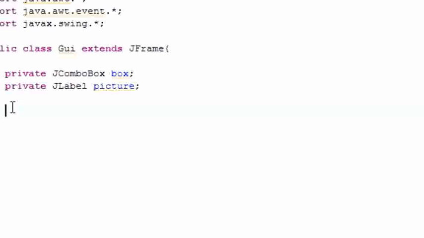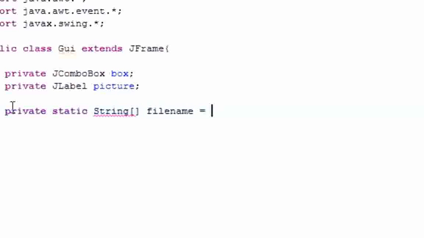The first array is going to store the file name, and the second array is going to store the picture itself. So let's go ahead and put private static, we don't want it to change, String, and remember this is going to store the path, and the path is just a string, and I'm going to name it fileName,